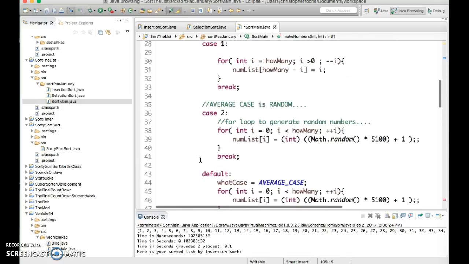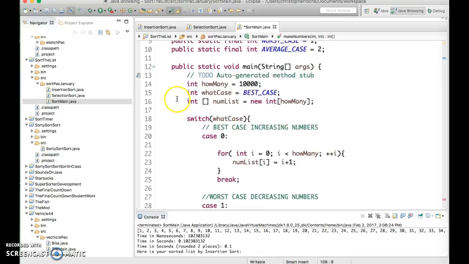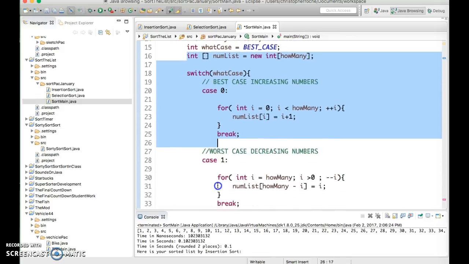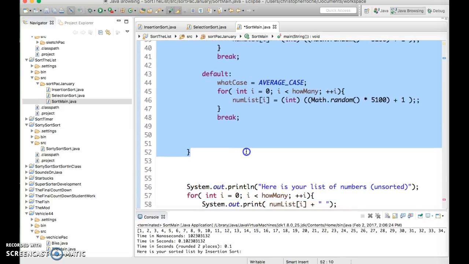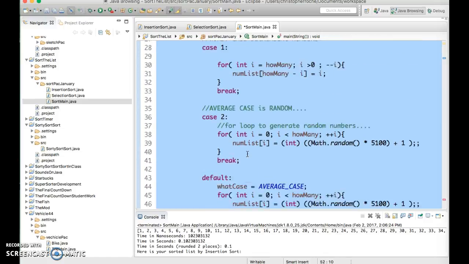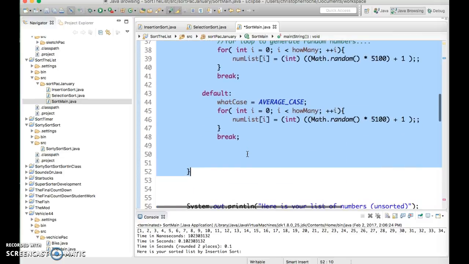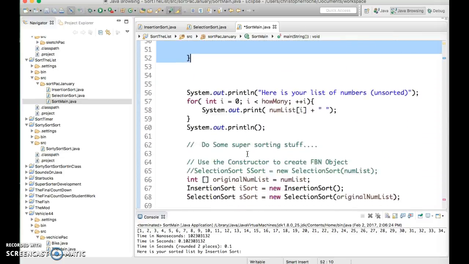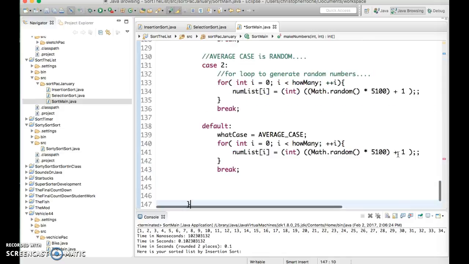So I already have a lot of stuff made. I'm going to copy basically everything down to here. That's your switch. Let me see if the switch is its own thing. I guess it is. So this is the whole switch. So I'm going to go down here, paste this in here,